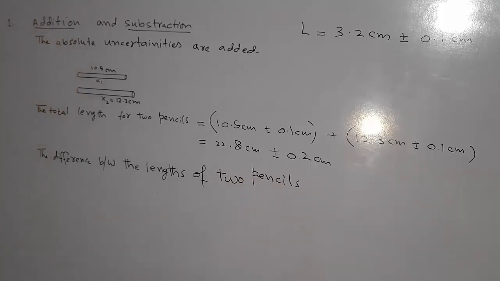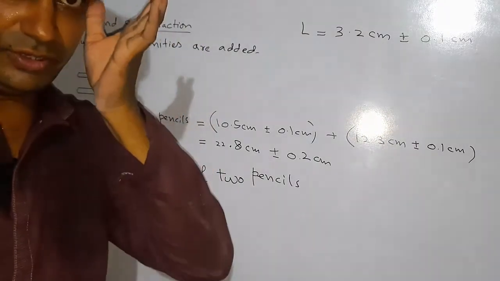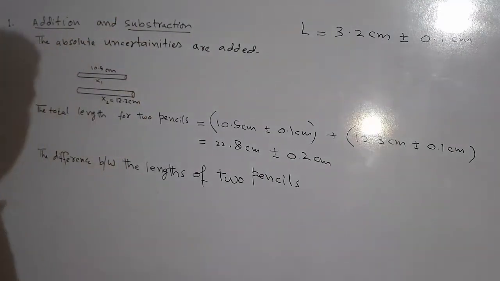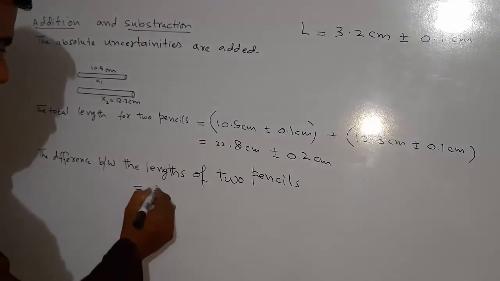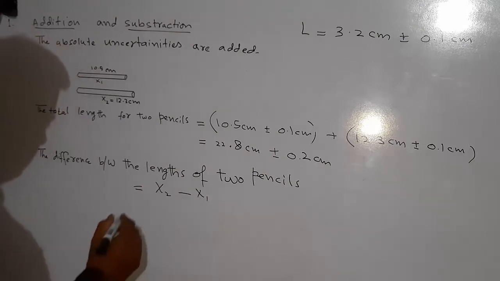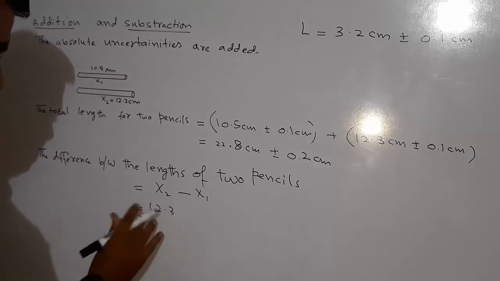For taking the difference, we have to subtract the smaller length from the greater one. Which one is greater, 12.3 or 10.5? Obviously 12.3. So we write x2 minus x1 with their values. So x2 we write 12.3